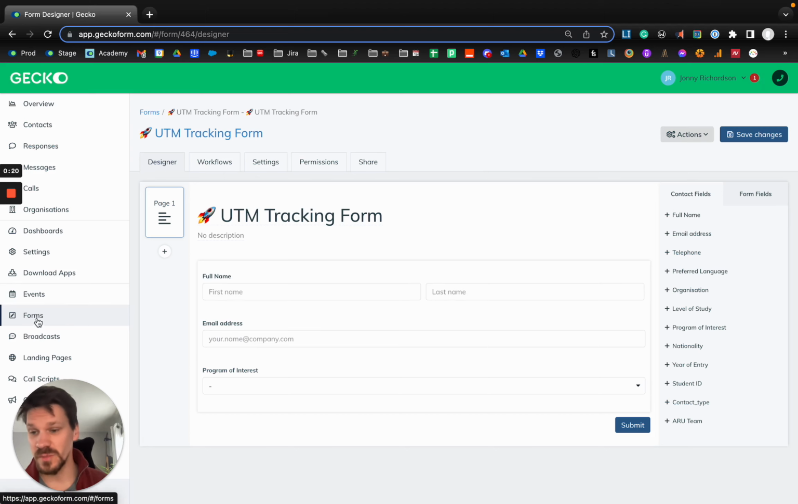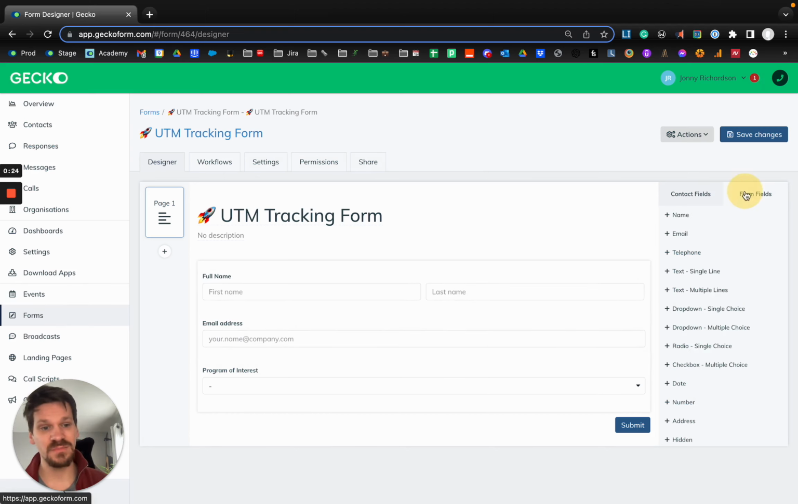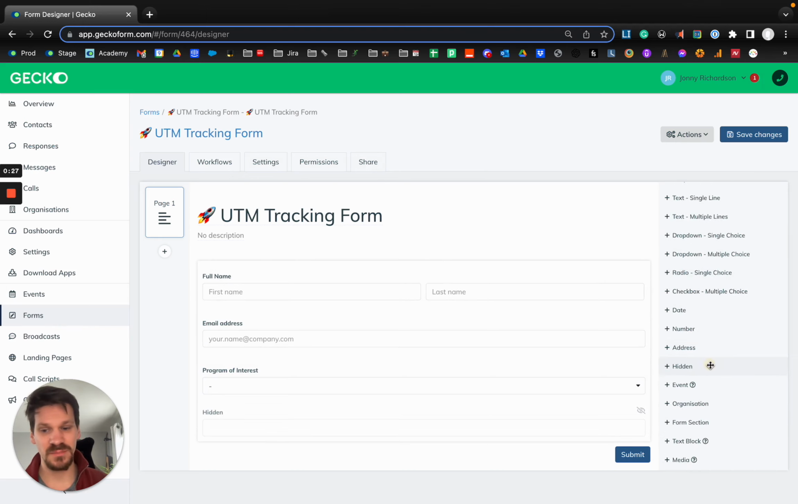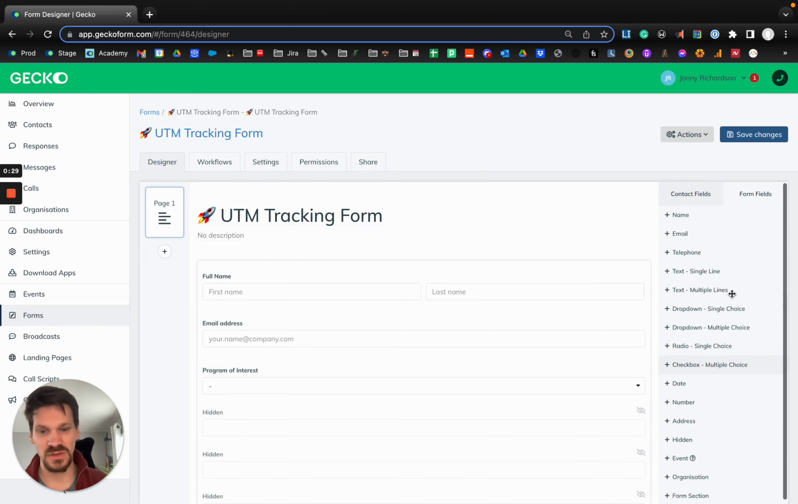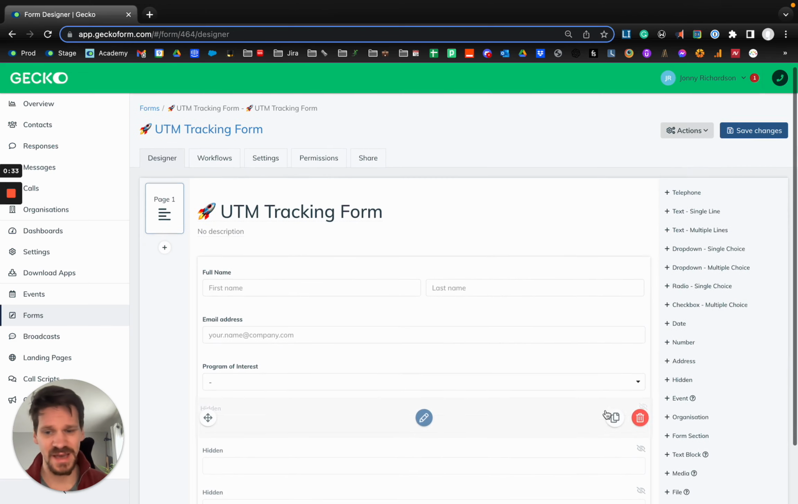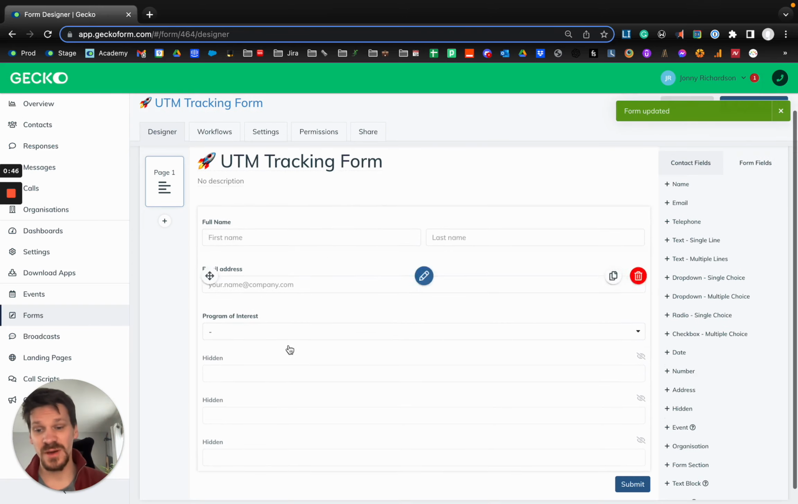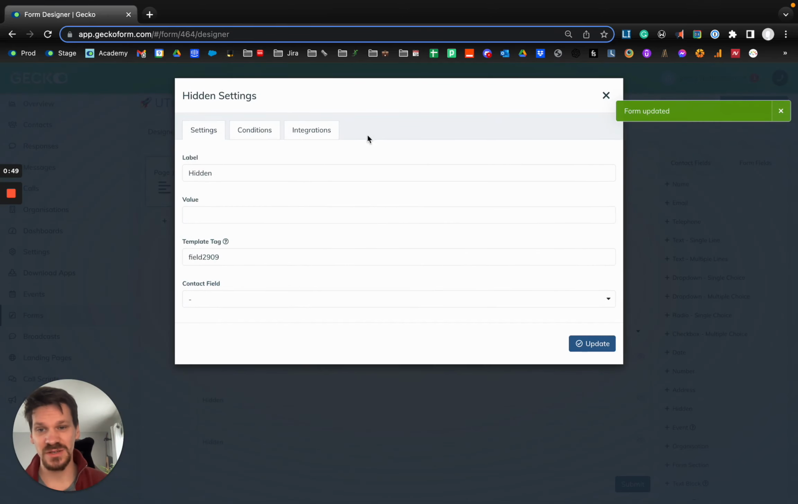The first thing to do would be to go to Forms, click into the form that you're looking to track, and make sure that you add some hidden fields to your form. That can be done by just clicking Form Field, scrolling down and clicking Hidden. Now, as the name implies, hidden fields will never be visible to students. They are by nature hidden, but we can use these to sneak and fill information into these hidden fields, and